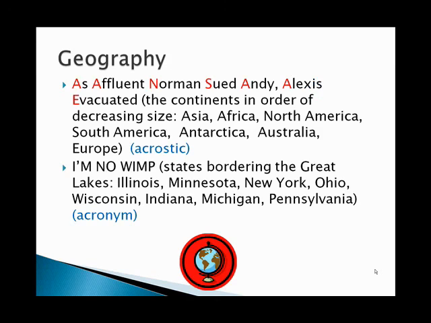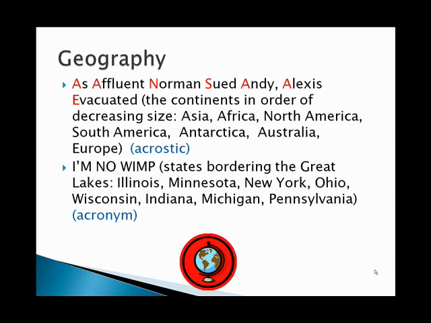In geography, as a fluent Norman sued Andy, Alexis evacuated the continents in order of decreasing size: Asia, Africa, North America, South America, Antarctica, Australia, Europe, an acrostic. I'm no wimp, representing the states bordering the Great Lakes: Illinois, Minnesota, New York, Ohio, Wisconsin, Indiana, Michigan, and Pennsylvania,